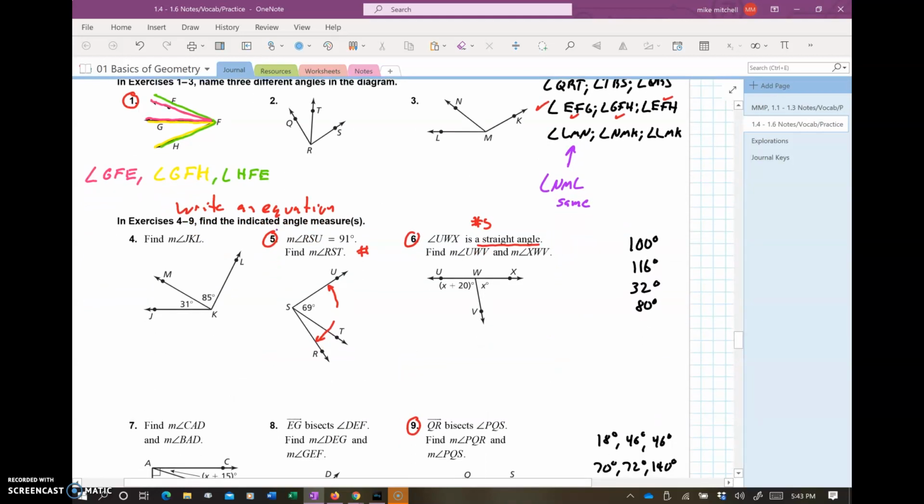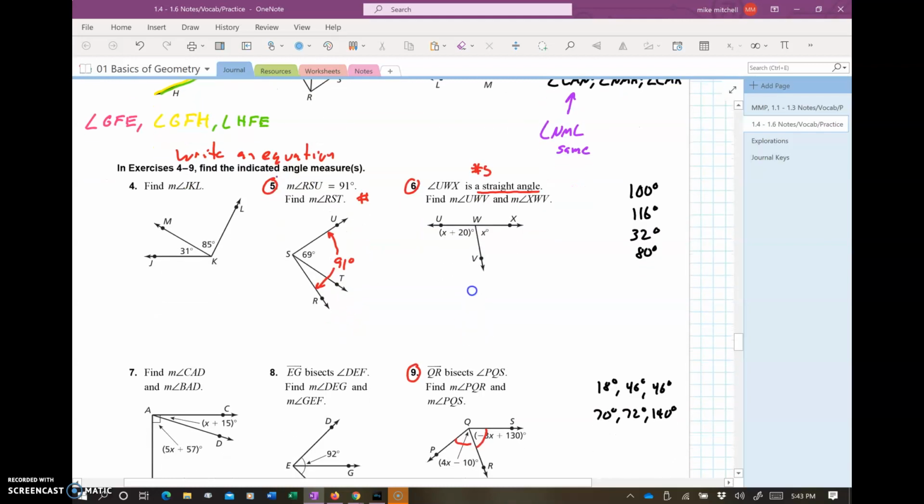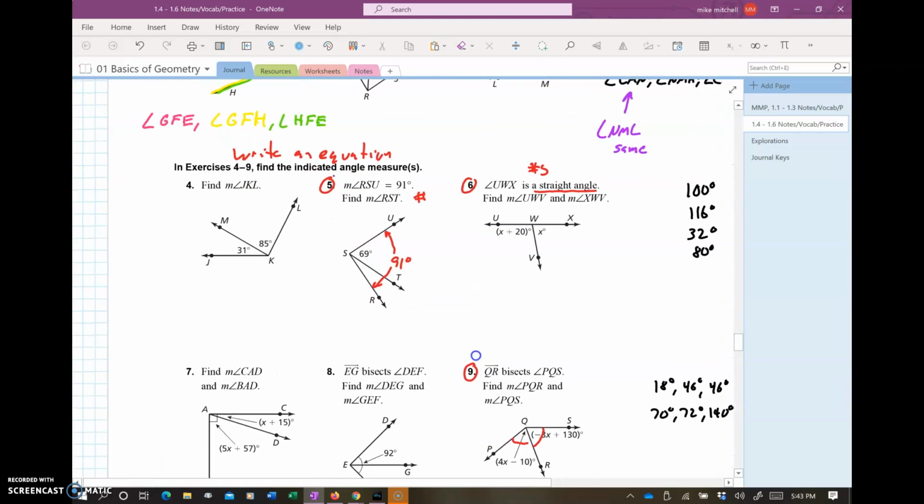Number 5. We did this in one of the warm-ups the other day. We have that angle there. Remember, use scratch paper if you need room. There's not a lot of room for this problem with the way this diagram fits. You don't have to write this first one, but you do need to be thinking, okay, the measure of my angle